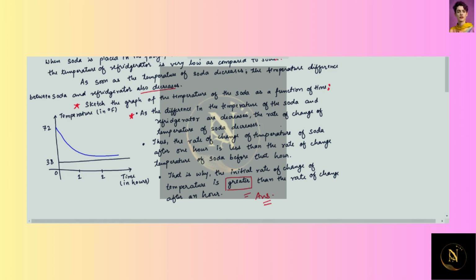And here as the time passes, the temperature decreases, right? So we are assuming that here the temperature was 72 and now it decreases to 38, right? This is in Fahrenheit. You can write any other digits, but here we do it this way. So this rate decreases exponentially, right?